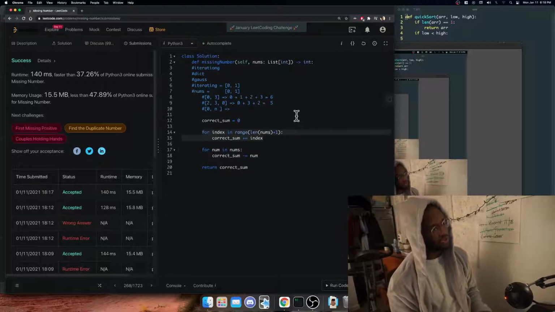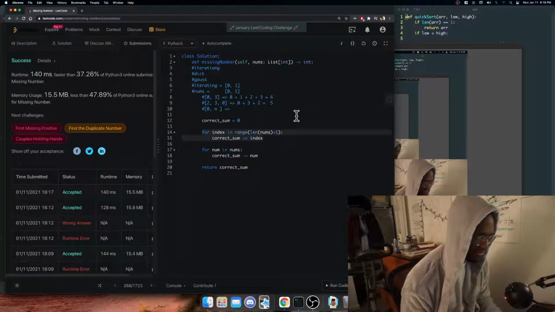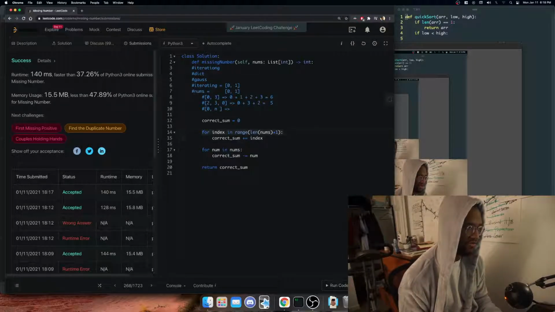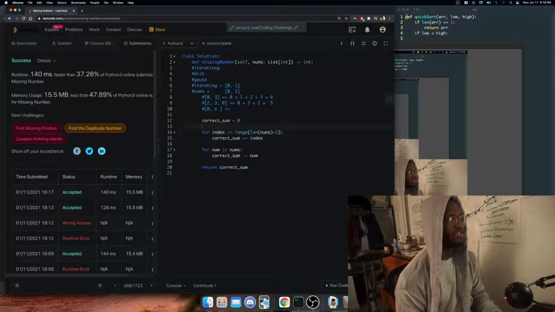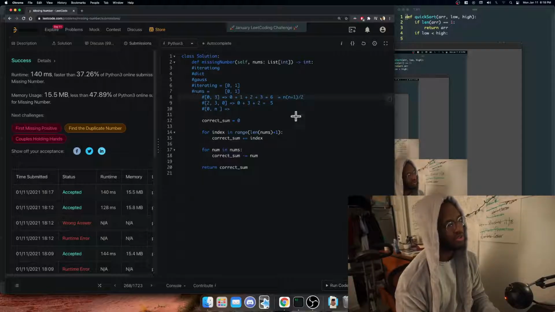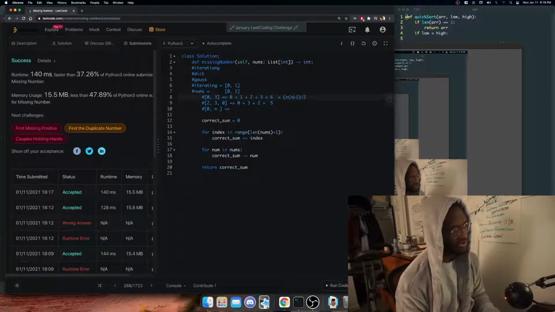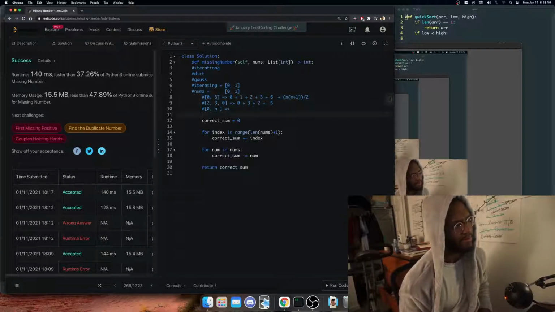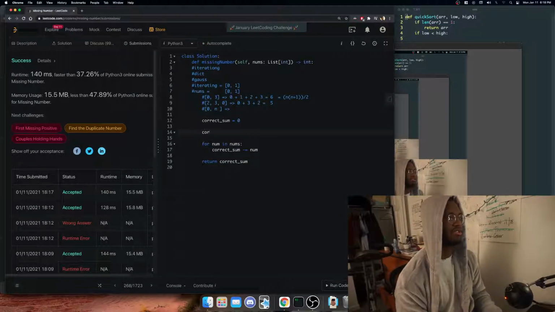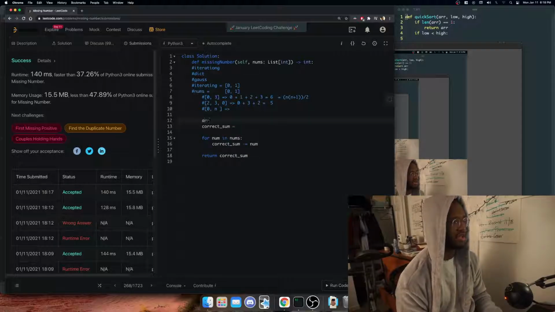So those of you who remember a little bit from math will know that the formula to summate a value without literally going through and doing this is equal to n times n plus 1 over 2. So this is just a formula you can use to linearly summate a value. And so what we can do is just replace correct sum, so that entire thing that's just going to summate that value with